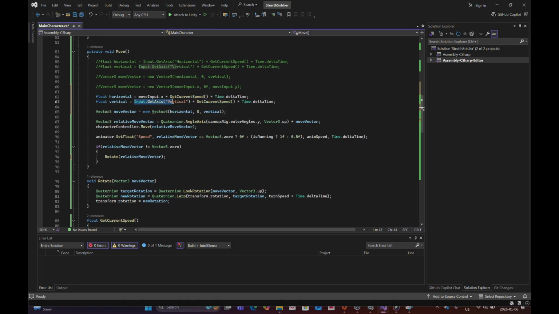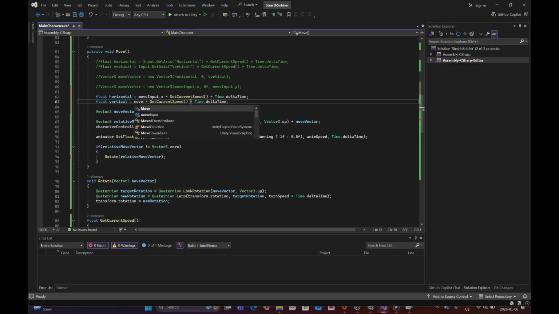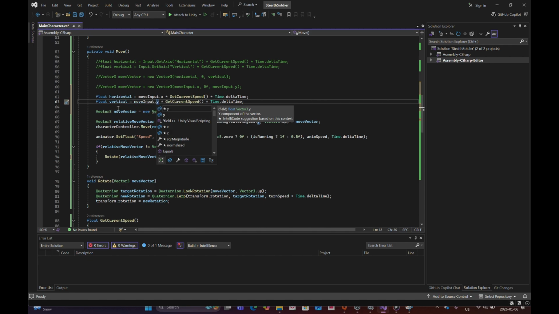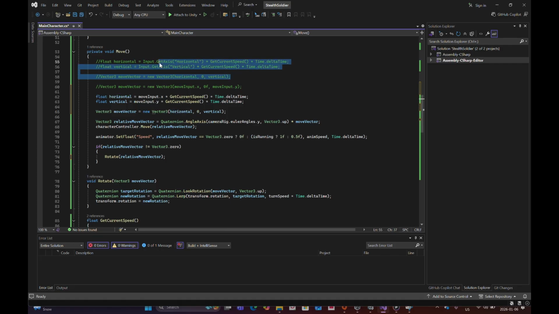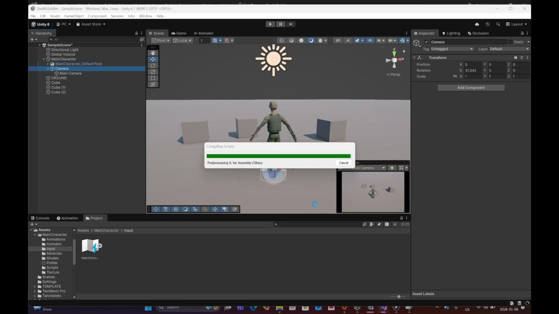This one's going to be movement input.y. And the horizontal and vertical gets fed into here. So it's the same as what I had before, except the old input system is not being used. So everything else stays the same. But if I compile that and I go into the editor,